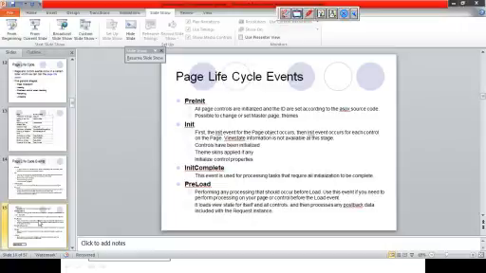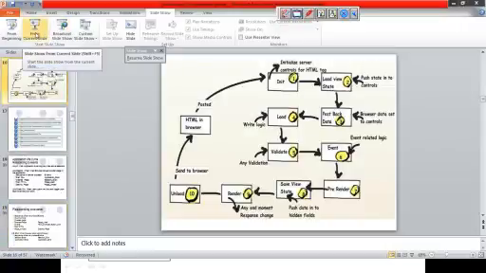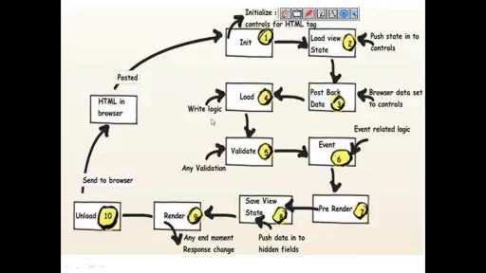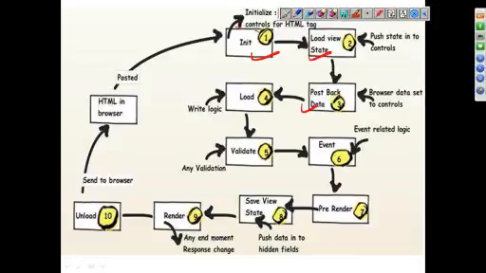So this is just the flow which we have just discussed. So init, which we have already done, then load view state, post back data, load. Okay, this is one more thing, validation. There are some validation events also which occur on the client side, after loading the page. It may happen on the server, but most of the time it happens on the client.